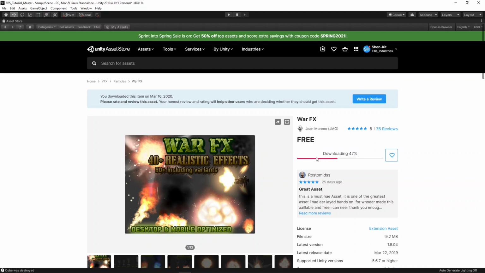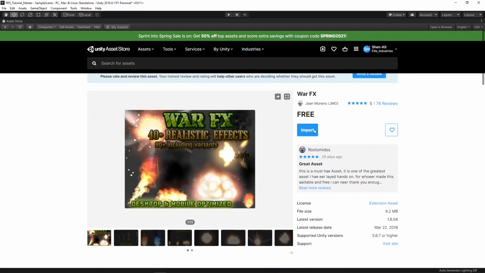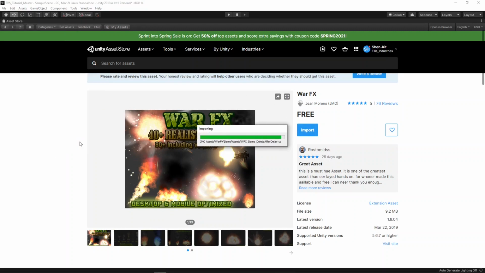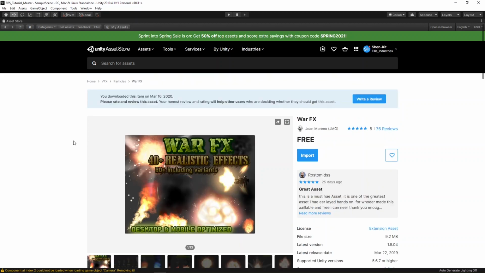This shouldn't take too long to download, and once it's done, we can add it to our project. Once it finishes downloading, click Import, then I'll leave everything selected and select Import. Once it finishes importing, we can close the asset store